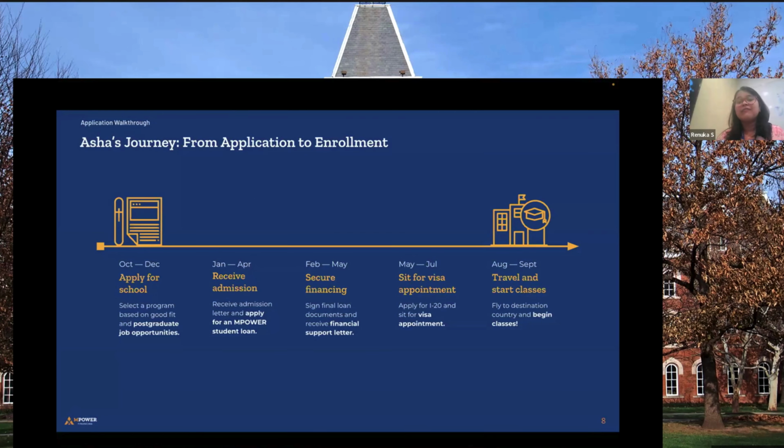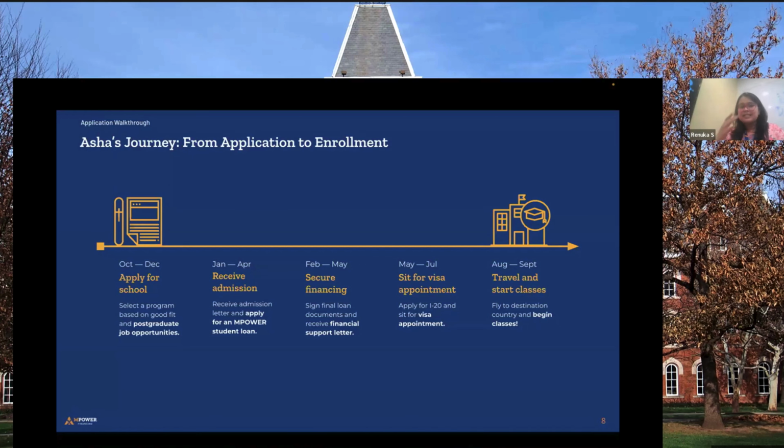Student can now apply for I-20 in schools with our support letters. There was one question regarding the same. Yes, our support letters can be used for I-20, and then further you can utilize it. Once you receive the I-20, you can sit for your visa interviews. I'll be covering that portion too.